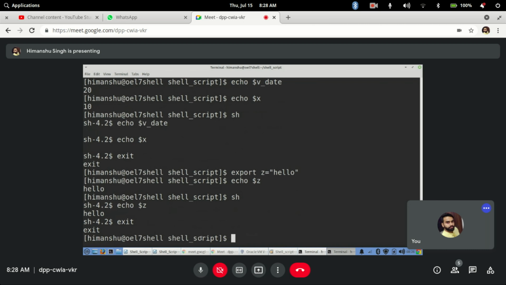So this way the global variables are defined. Okay. Now how would the benefit be there? Let's say now I want to print hello and the username. So I have already defined a variable z here, right? So what I will do, I will say $z. When I am using the double quotes, the double quotes will treat it as a variable and interpret it to its value. So its value is what? Hello. So it will be replaced by hello, and then what I am saying, my username.